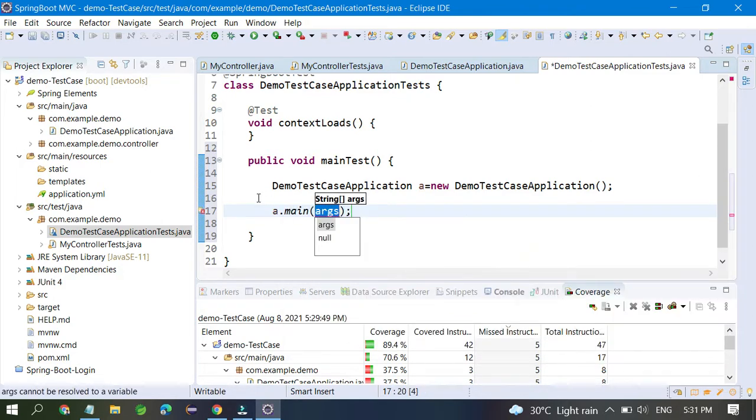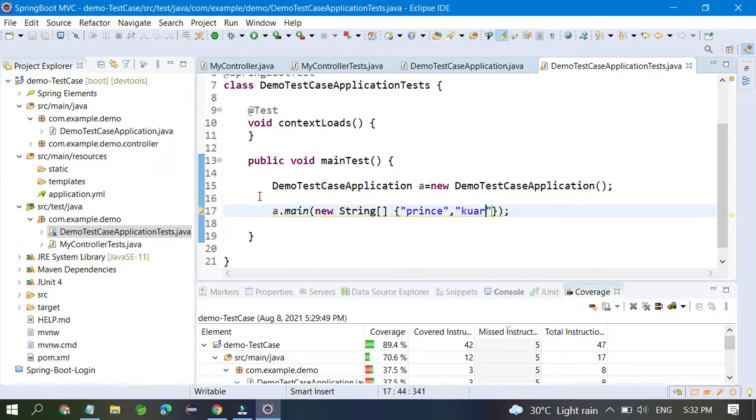So you can pass an array like new, I think a string type of array you have to pass. So a string array, and inside it you have to pass some data also. So you can pass like Prince, you can pass like Kumar. Okay, so these are the two data you pass.